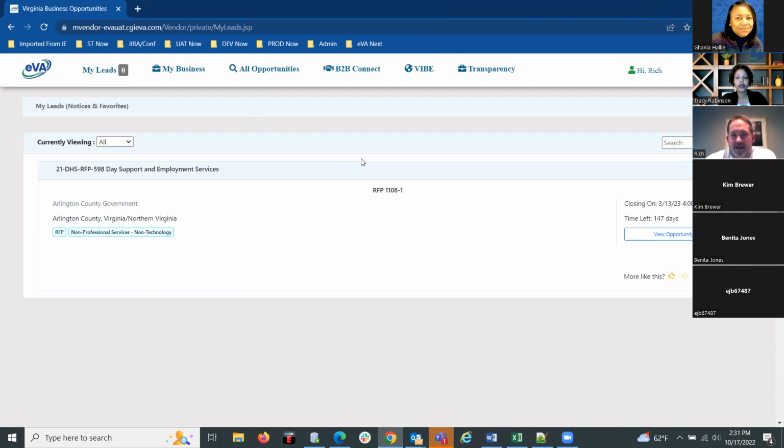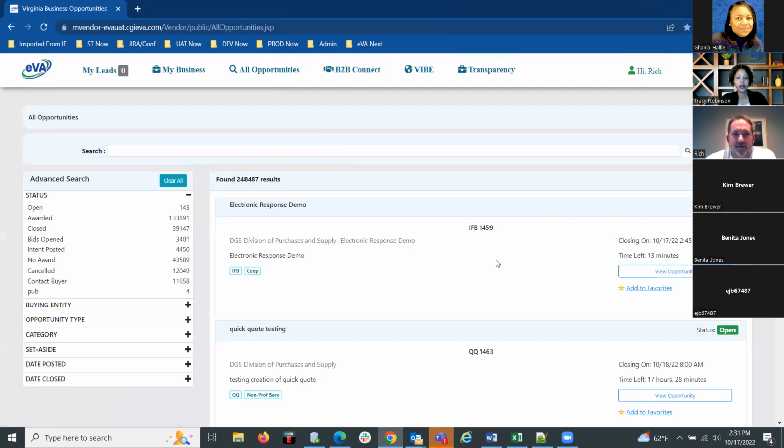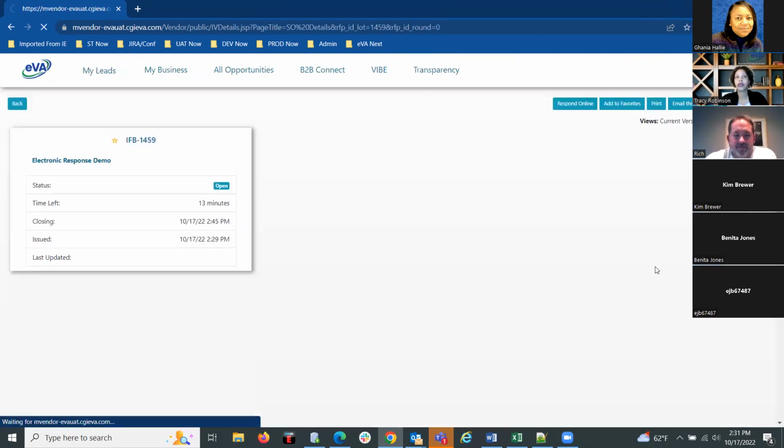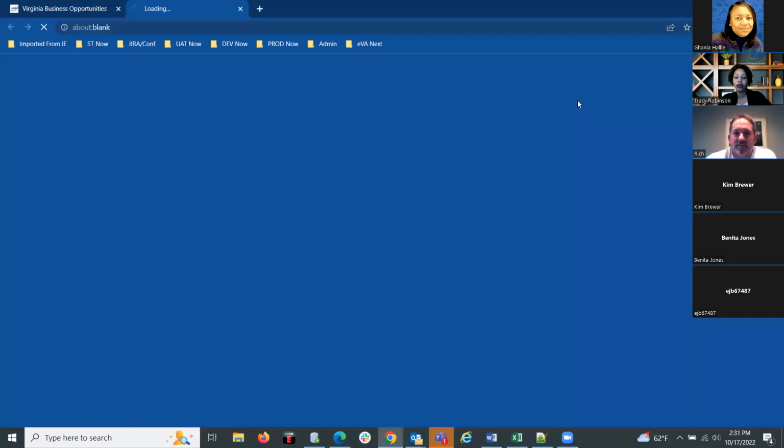I didn't have it matched up to my specific supplier, but this will show you that even though I'm not invited, I can respond. Evalua calls it an invitation, but anybody can respond. They'll drive in through that daily summary email. Once they log in, they'll hit their My Leads, and then once they're ready to respond,